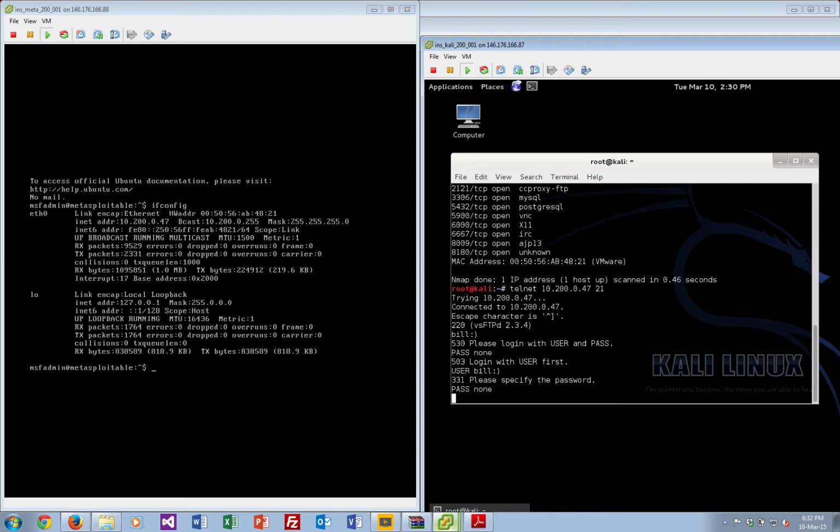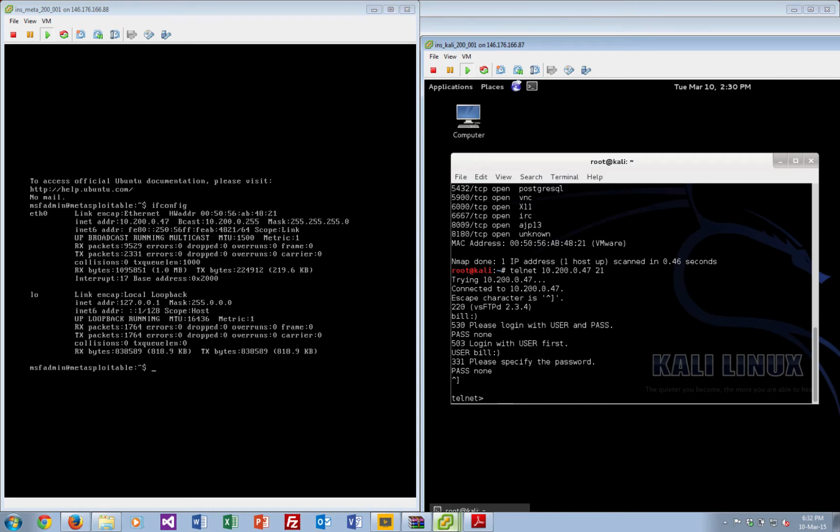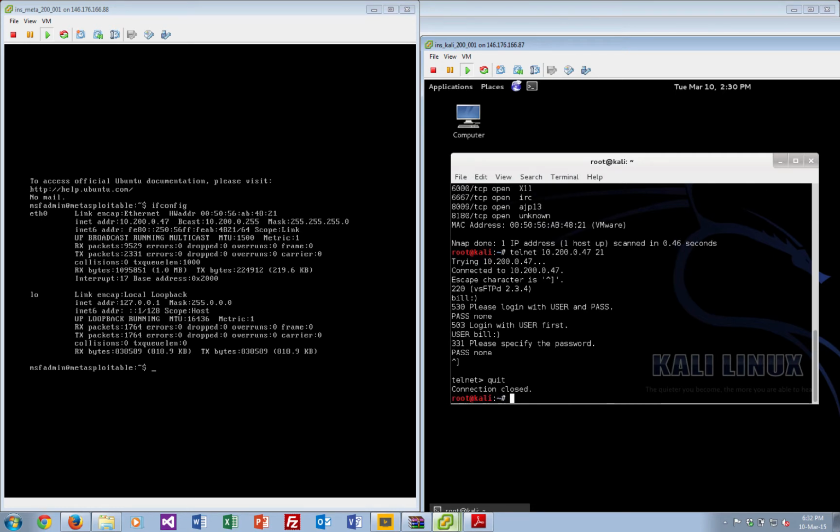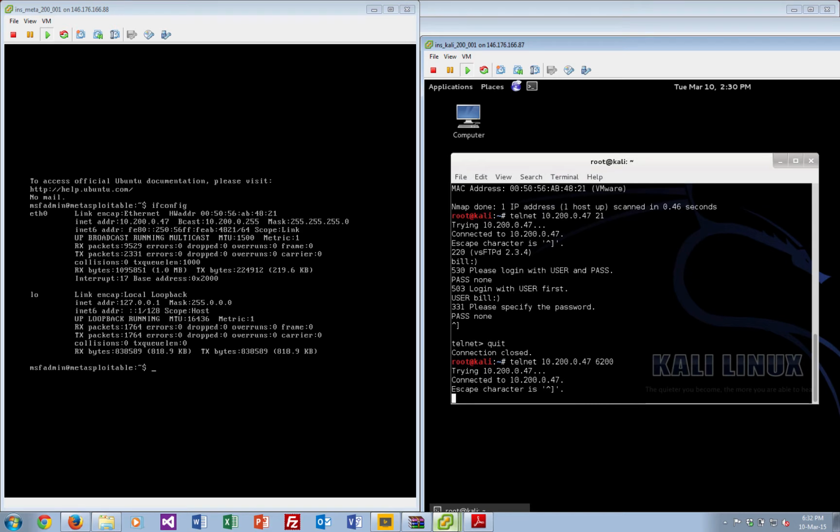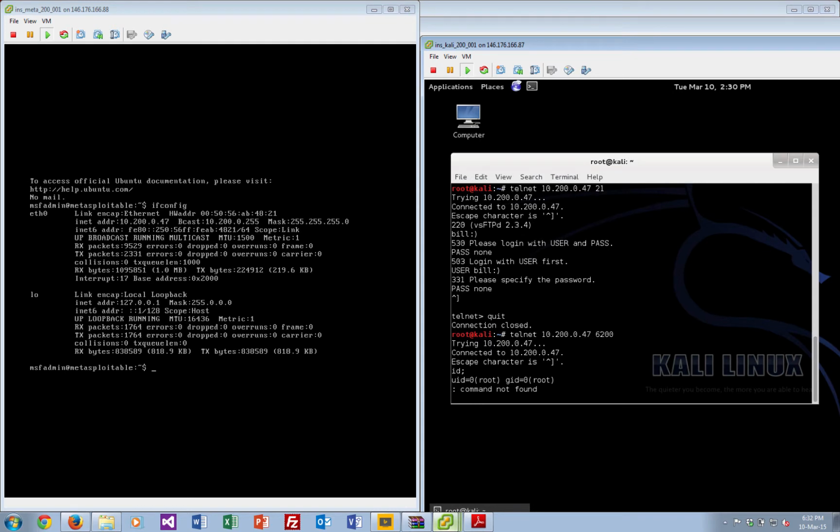So what we do is press Control and then the square bracket, and then we press return, and we go back here, and then we quit. Okay, so everything's fine, but it's actually opened up a port for us. So we'll do the same thing again, and we should find that when we go back that we actually have a connection. Oh, look at that. So id, so it's root in there,